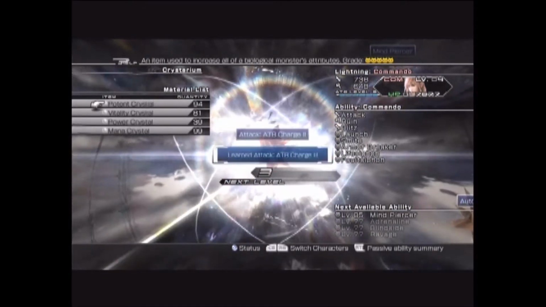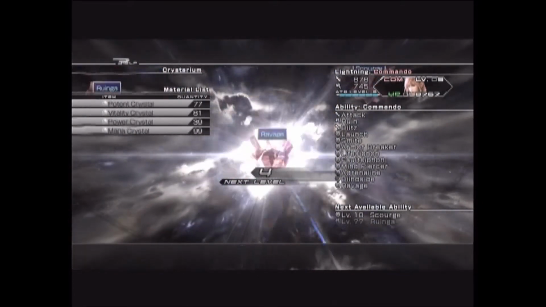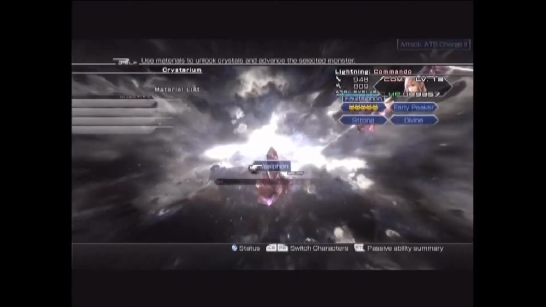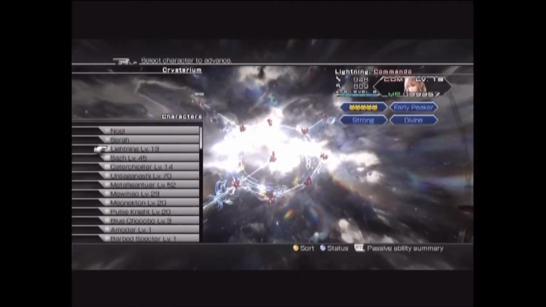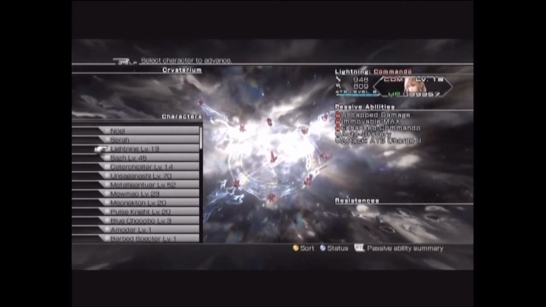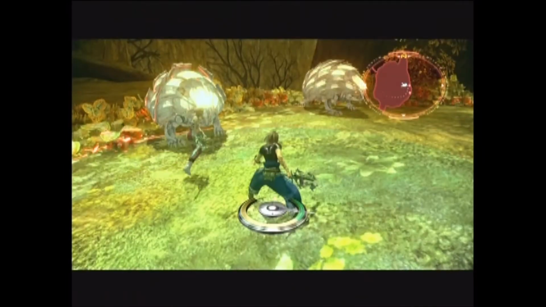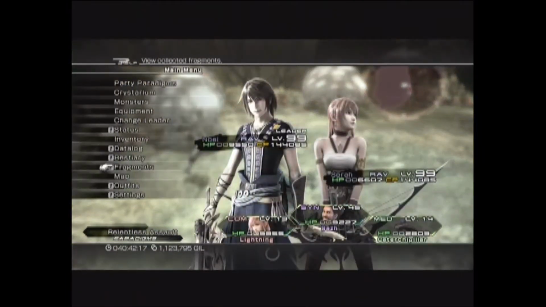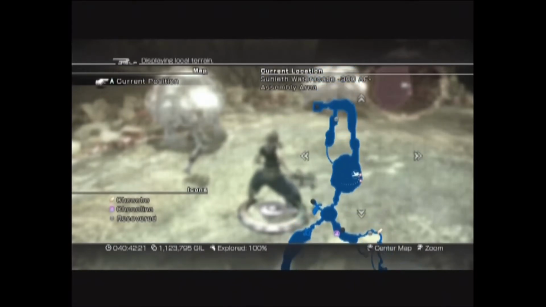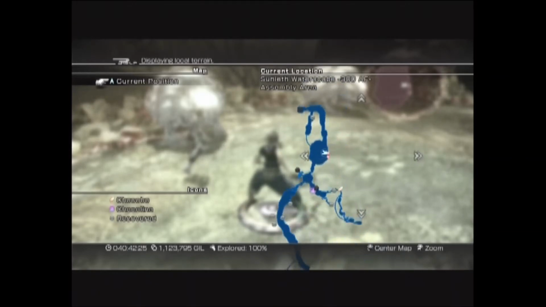Now, you can see there I've got 99 mana materials too, or mana crystals, sorry. But I went with potents. I just think that the amount of health as well as power and magic is the way to go with those potents. So, anyways, to finish off this early game OP Lightning build, I'm just going to grab a...